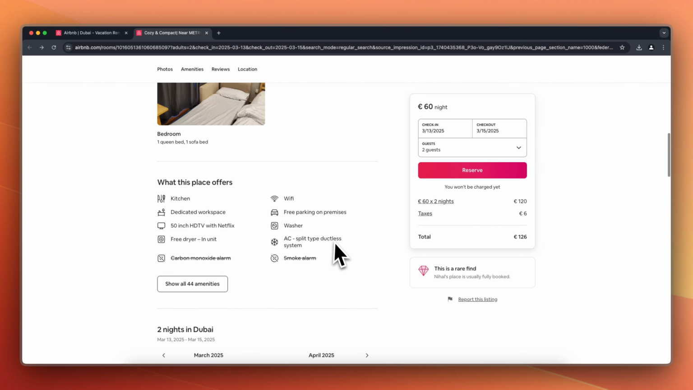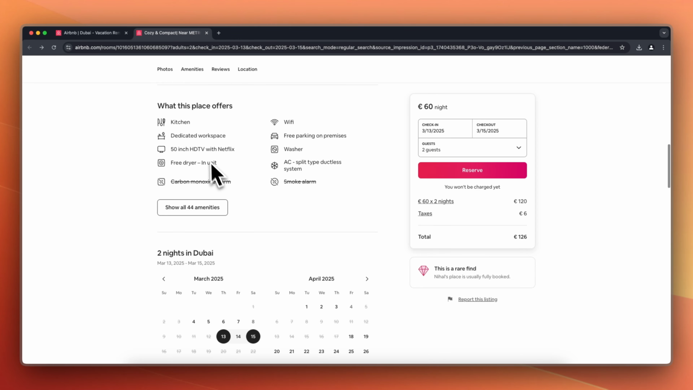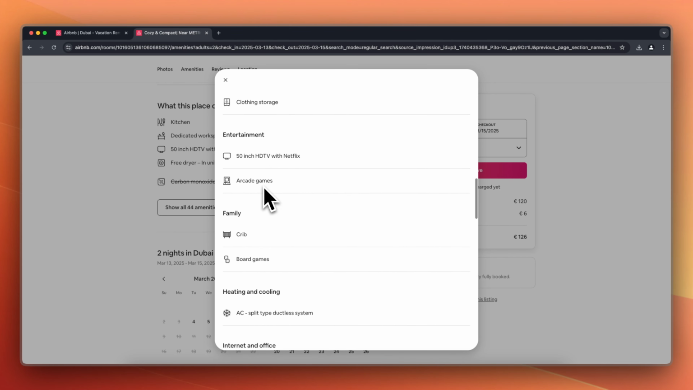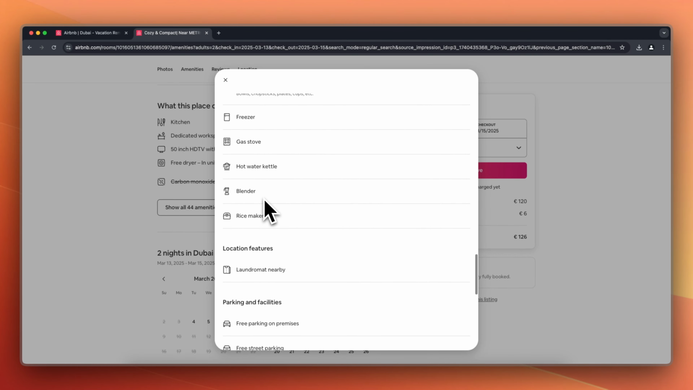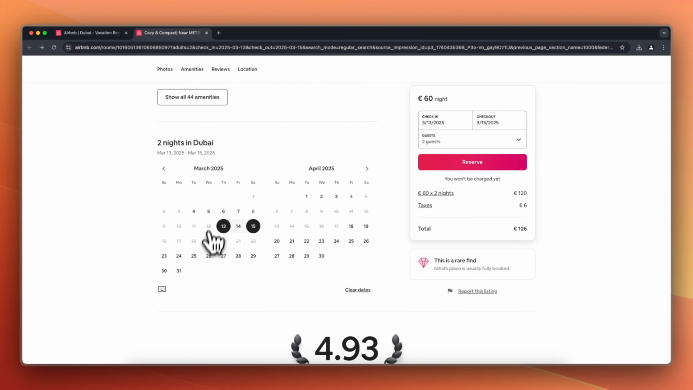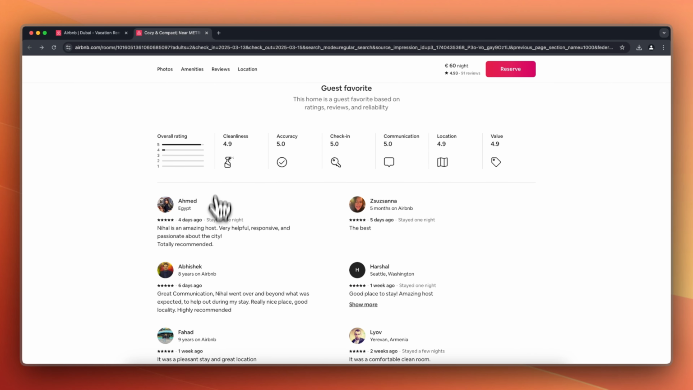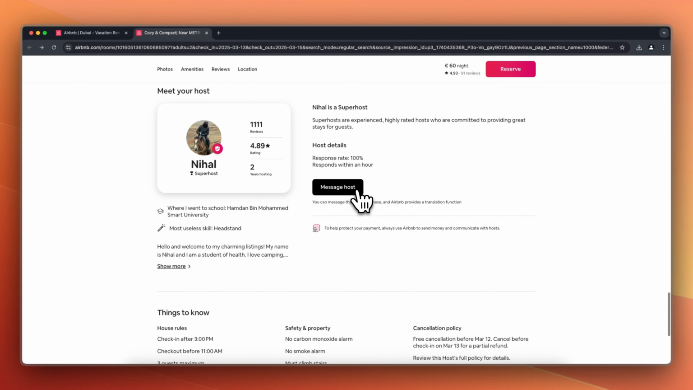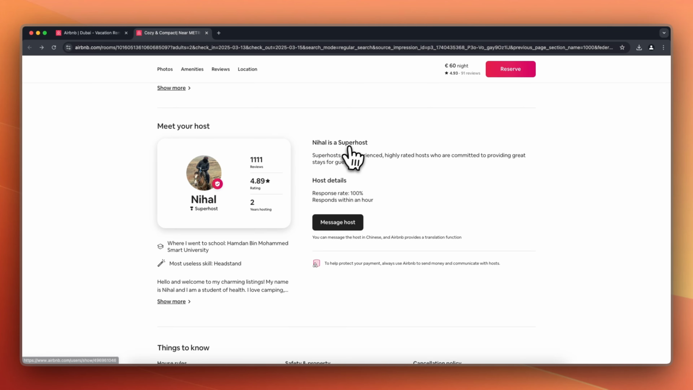And after that, you can see where you will be sleeping. You will see what this place is offering, basically all the amenities. You can click on show all, and this is everything that is inside of this property. You can see which dates are taken by other bookers. You can see the reviews down below. It also has some scores, the location again, and almost all the way down you can see some more information